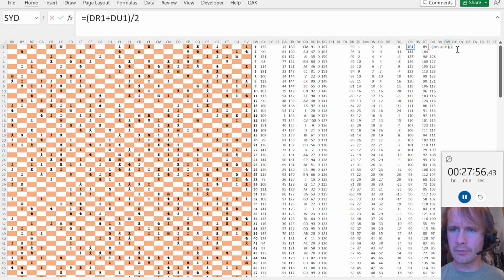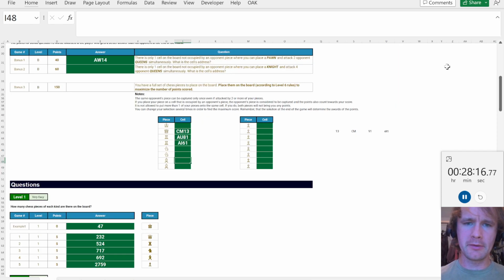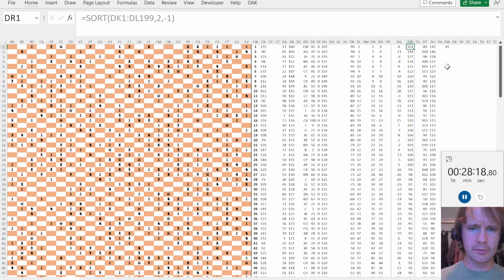No, shoot, sorry, pointing at the wrong one. This and this is going to give me 1. No, that's not right. Oh, shoot. Oh, that's because they don't intersect. Damn. Okay, so I need to sort on the whites separately. I'm running out of time here. All right, 0. I mean, middle of the board seems like a sensible place to put 2 bishops, so let's just go